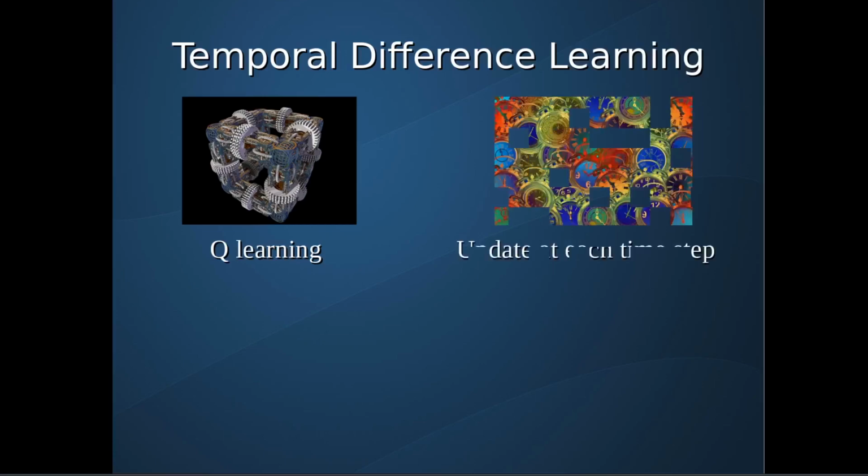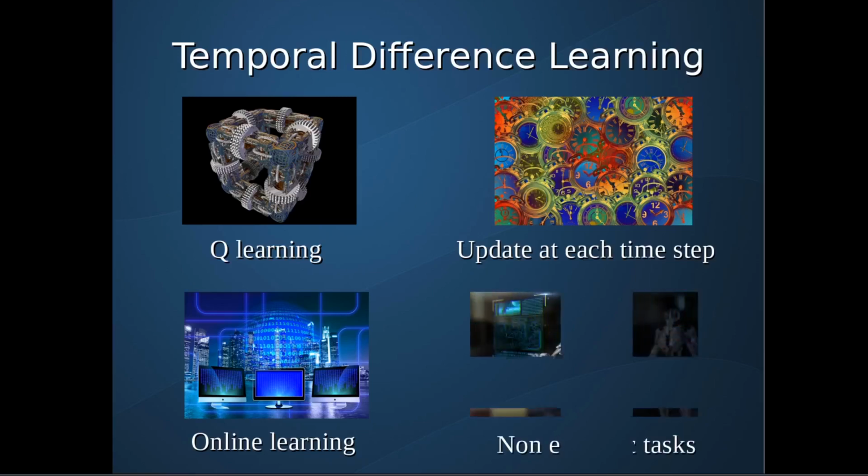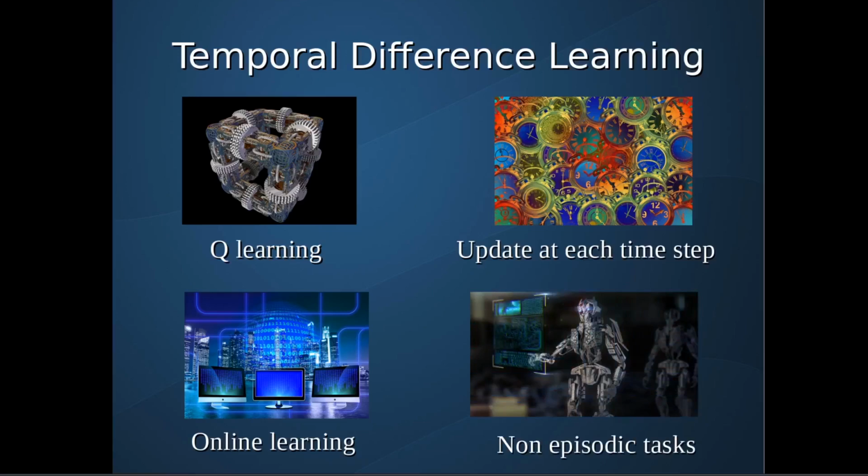Here we are going to update the agent's estimate of the value function at each time step rather than at the end of the episode. This means that Q-learning is a sort of online algorithm that can learn in something approximating real time rather than sitting around and waiting to learn. It's also well suited for non-episodic tasks, meaning tasks that never really end in an episode, due to this online